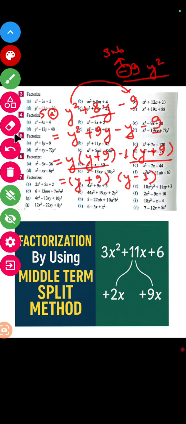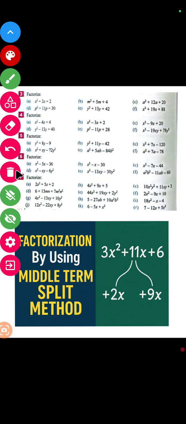Now let us go to another question, in question number 5 only. Let us see another question, 5e. Question number 5e, we have a square plus 5ab minus 84b square. So this is the question. Again we multiply first into last. If we multiply first into last, plus a square into minus 84b square, the result is going to be minus 84